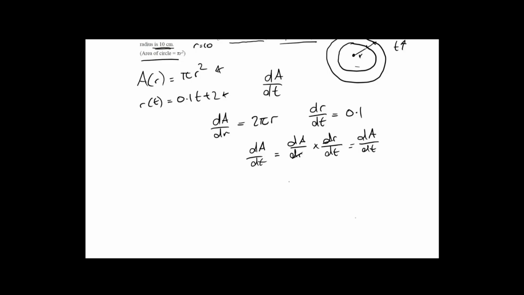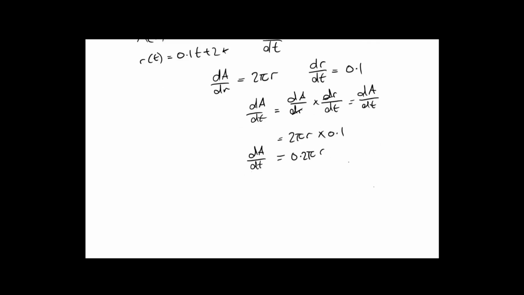So dA over dr is 2 pi r, times dr over dt, which is 0.1, which means 0.2 pi r is going to be the rate of change of the area with respect to t. How does that help us? Well, we want to evaluate this when r equals 10. So that's going to be 0.2 pi times 10, so that's going to be 2 pi. So it's going to be growing at 2 pi, 6.28